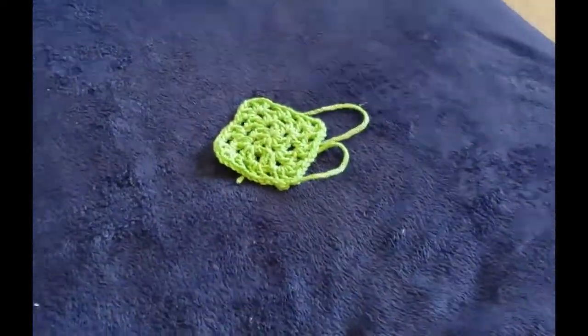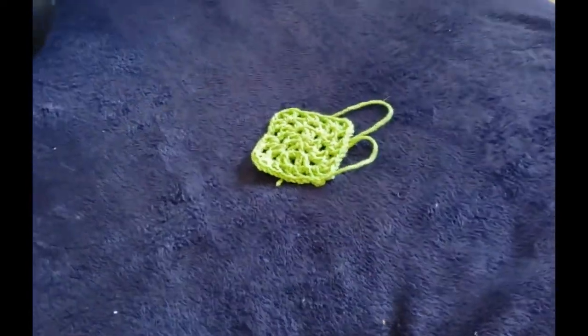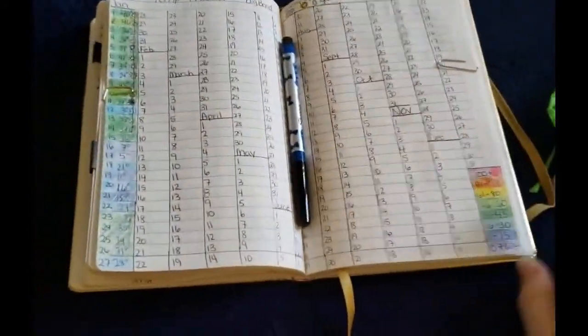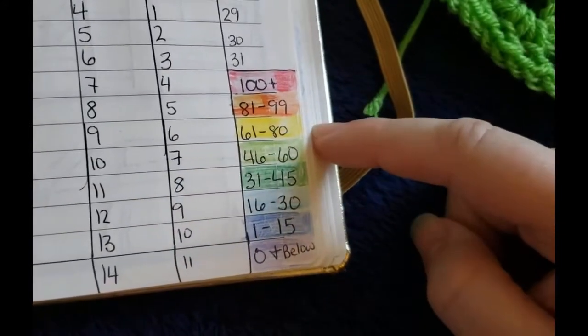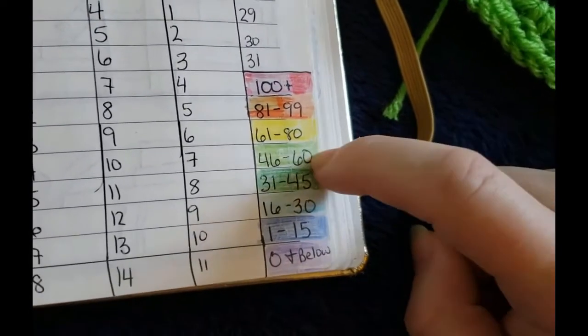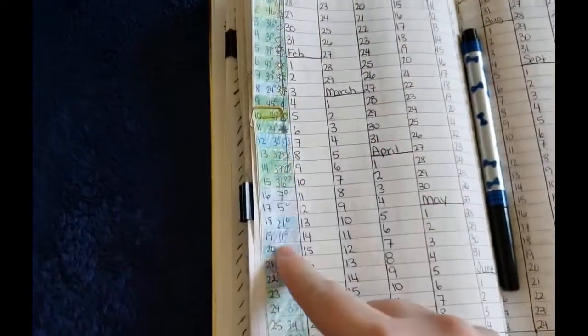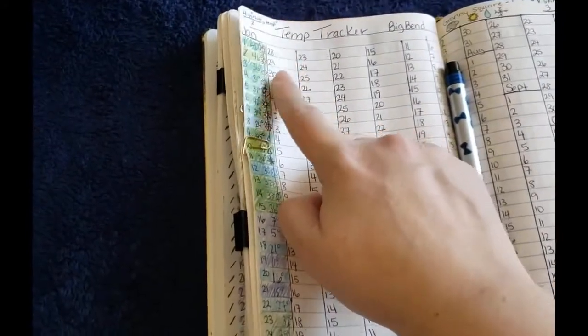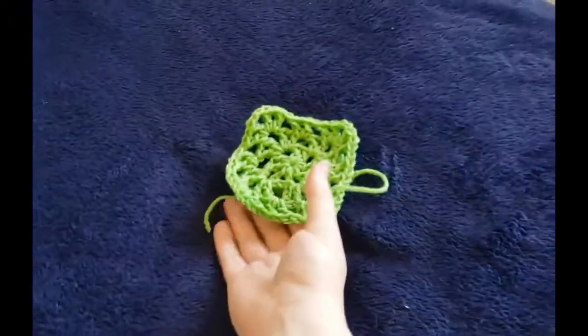Alright, so next on the list, right now I only have one square because I'm actually very behind on that, but I am doing a temperature blanket for the year of 2020. Here in my bullet journal, I actually have a list of what temperatures are what color, so whatever this day was, it was between, there it is, 46 to 60 degrees Fahrenheit. So as you can see, I have nearly the entire month of January down. Just gotta get the last few days. And then I can start in on February and then actually start working on those. So that is the beginnings of my 2020